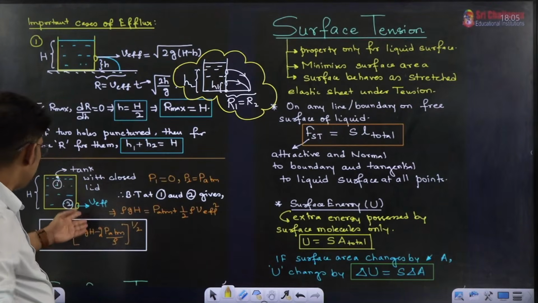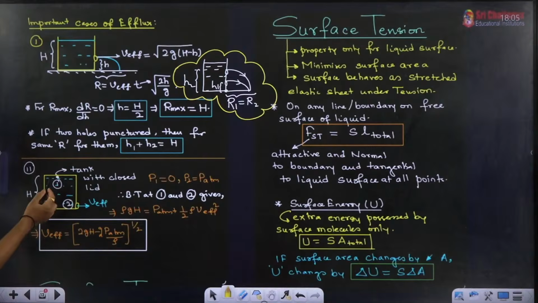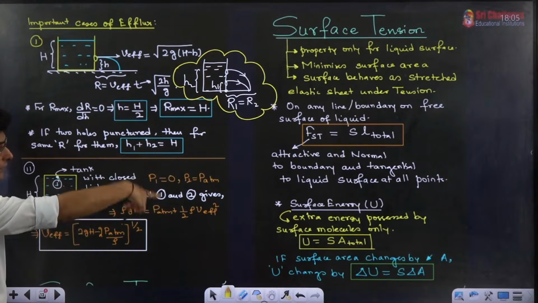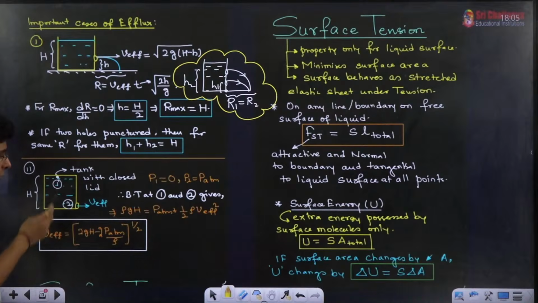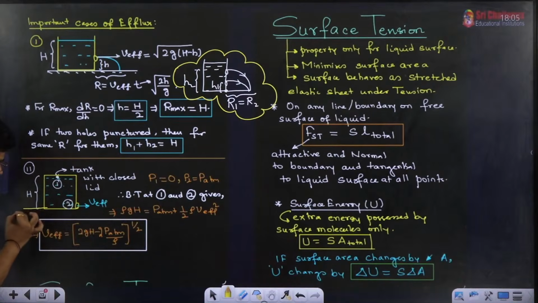One more case I have discussed over here. What if the top of the tank is closed by a lid? If it is closed by a lid, the topmost point will have zero pressure. Now it won't be atmospheric pressure, so you cannot apply V efflux equals root 2gh. Here you have to apply Bernoulli's theorem. Here the pressure will become 0, and here the pressure is P atm. Now if you apply Bernoulli's theorem at 1 and 2,